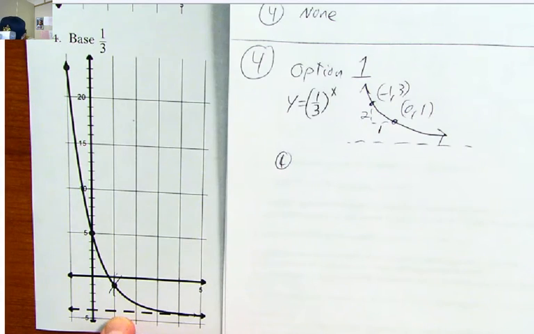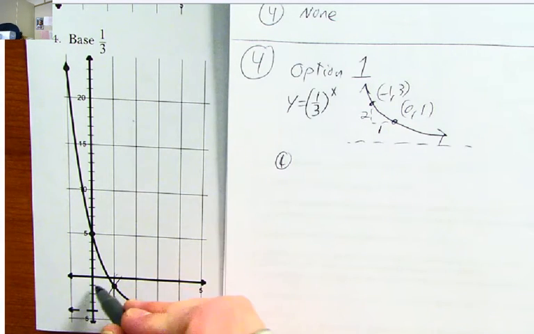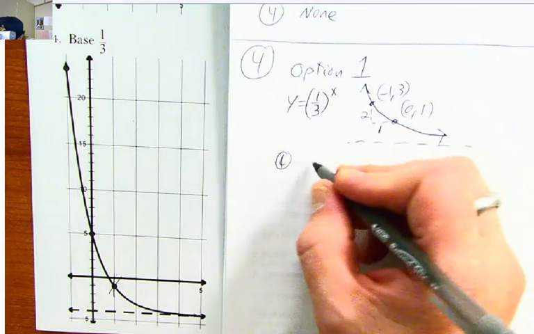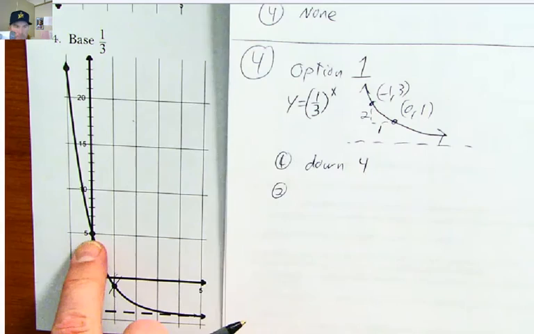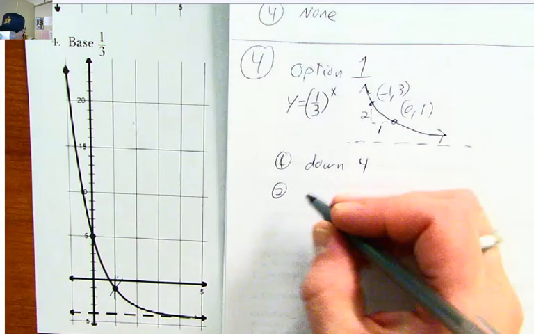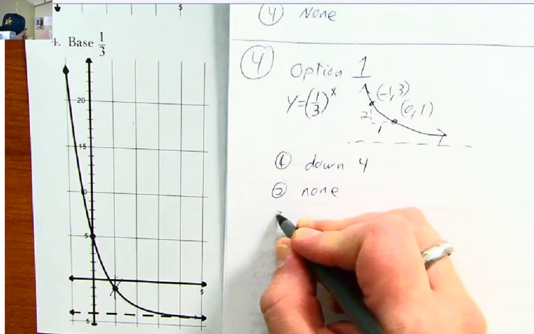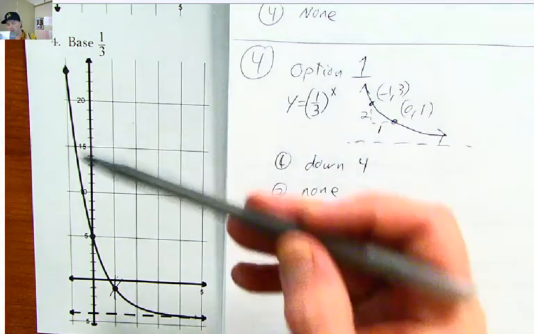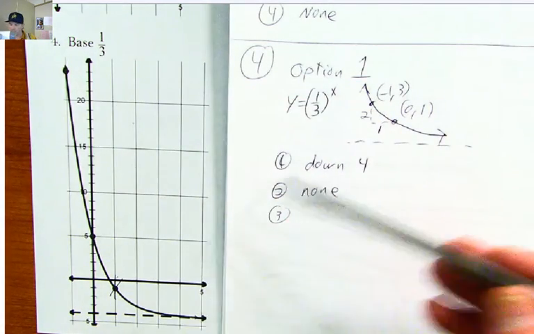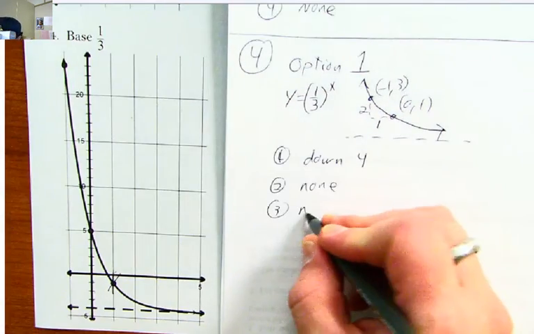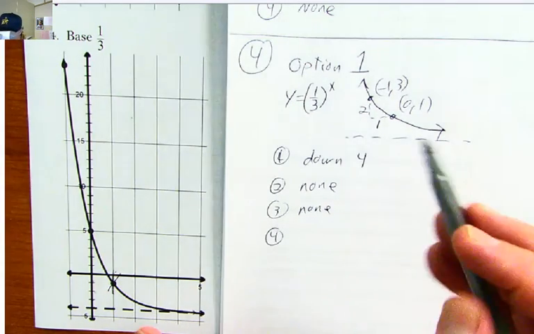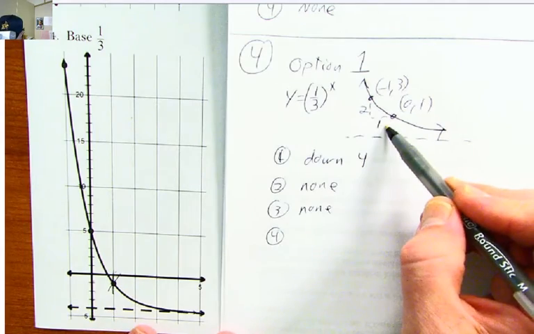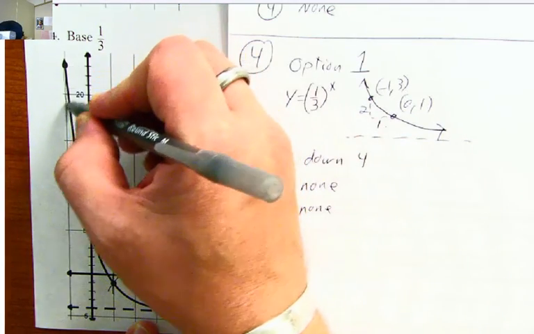Step 1. Let's see, this horizontal asymptote: -1, -2, -3, -4, so down 4. Number 2, the 0, 1 point is still on my 0, so there's no horizontal shift. Number 3, reflections. I'm used to my graph looking like this, so there's no reflections. And number 4, dilations. I'm used to over 1, up 2, but in this particular case,